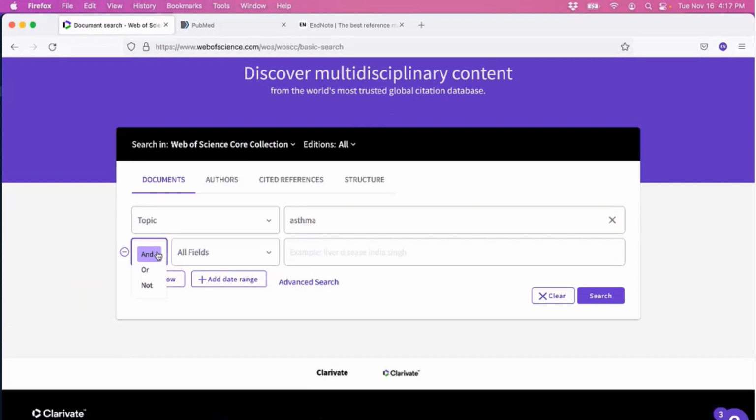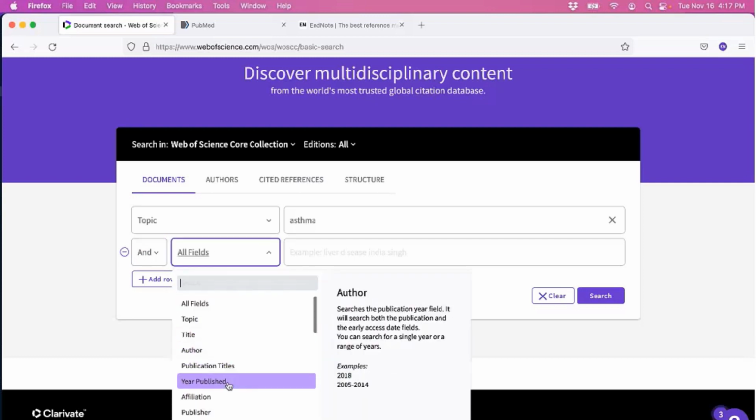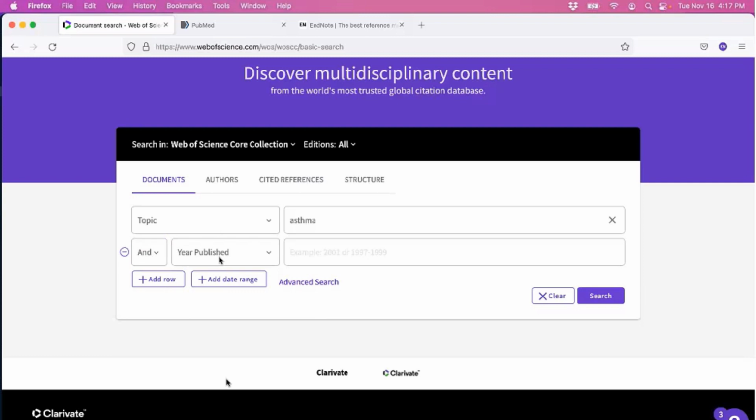We've got our Boolean operators here that you might have also seen in EndNote. And they're not unique to EndNote or the Web of Science. It's just a search component so that a database or an application knows how to link 2 or more search terms together. We want to narrow the scope of our results, so we'll choose the AND operator, and we want everything published in the last decade. So we'll choose Year Published here, and we'll just define the date range for the last decade.